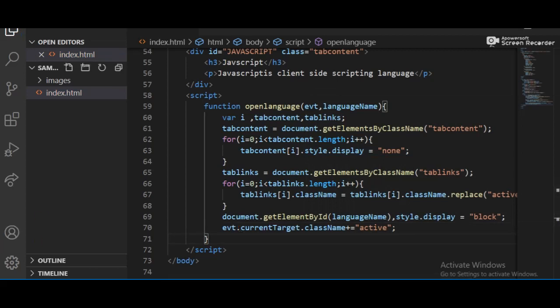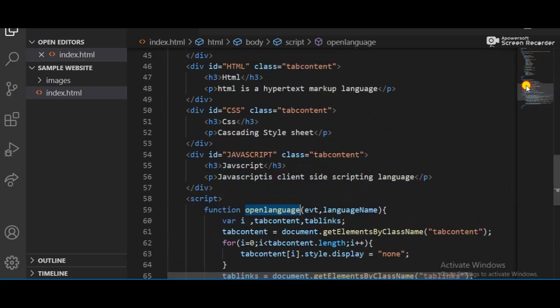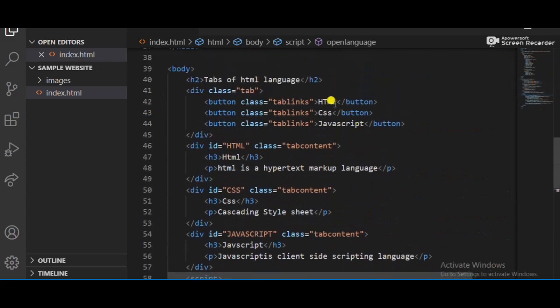So what should we do? We just need to add this event call to your button. So how can we call it? You just need to add a button like this. I have a tab links here, and in this tab links I just add the onclick event, and in the onclick event I add this function. The first parameter should be the event, and the second argument should be the value, which we get like the id. So I just have to apply this kind of id here, html.